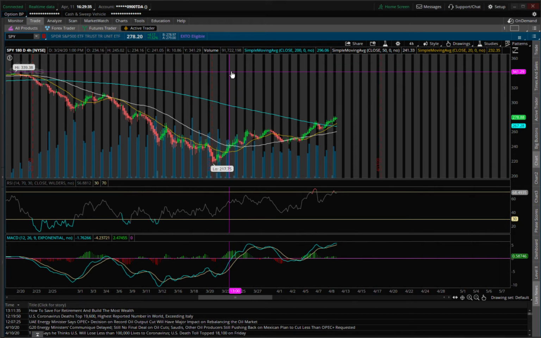This is the way I like it. There are different ways to customize the charts. However, this is the way I set mine up, and I like it this way. You can actually change the volume down here, as you can see. The volume that is blue, you can actually change it according to what the stock is doing up here. I don't like doing that because I feel that I'm being prejudiced already on what I want